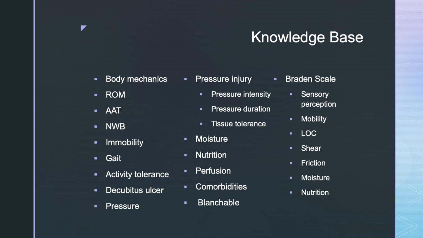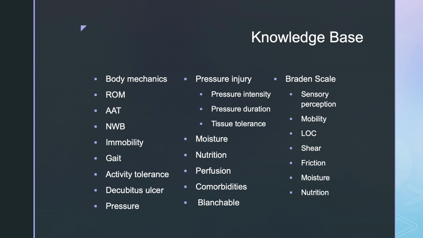The Braden scale is a tool that is used to determine the risk of impaired skin integrity amongst our immobile patients and mobile patients. So we look at their sensory perception. This is their ability to recognize discomfort and actually verbalize that. Mobility, their ability to get up and move independently. Their level of consciousness, so if they are unconscious, they are going to be unable to move as they wish. We are going to have to significantly help them with that, and it's especially important when considering pressure